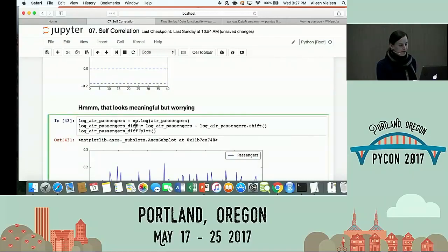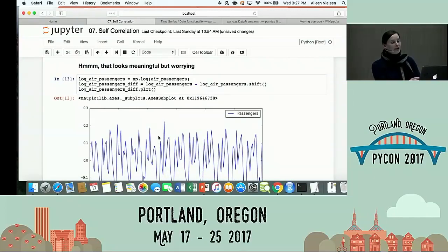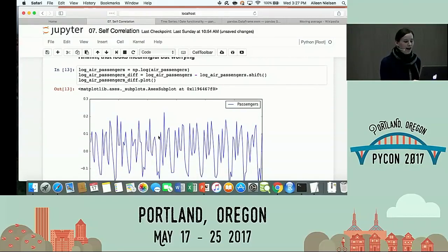What I probably want to do now is detrend my data, and I'm going to do that by taking the log and also taking the difference. Why am I taking a log and a difference? I'm trying to get towards stationarity. We're going to talk about that in a second, but the idea is I want to make my time series look more like something that is relatively constant in time. The variance is constant in time. The mean is constant in time. So then I can look at why sometimes it's above the mean and why sometimes it's below the mean without having this distraction of an overall drift.